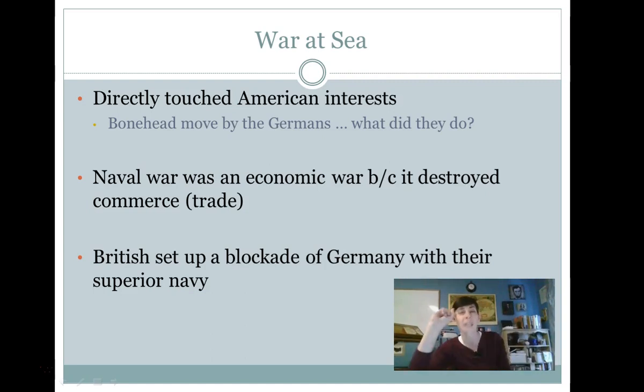But, and I want you to think about this, what did the Germans do? What ship did they go after, right? I want you to think about that. Naval war was an economic war because it destroyed trade. So you've got neutral countries sending supplies that warring countries have bought. Once you start blowing up trade vessels and not just military vessels, now you're talking about messing with